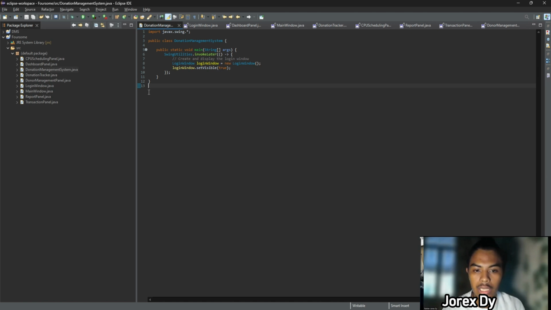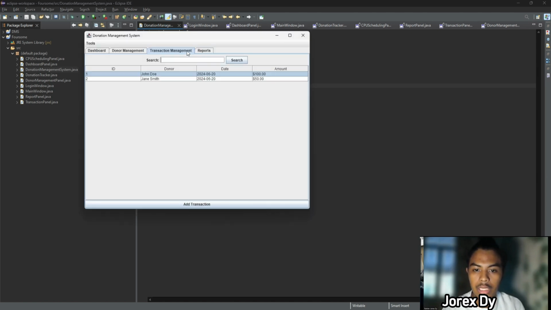Similarly, clicking the Delete button removes the selected donation from our records, providing a streamlined process for managing our donation database effectively.